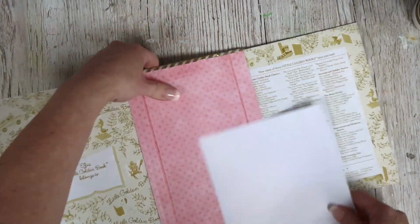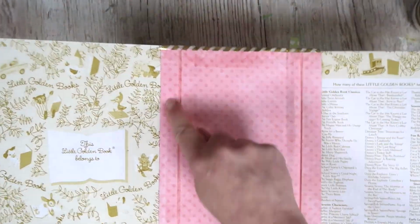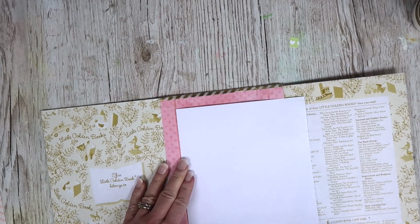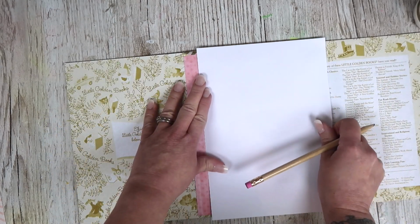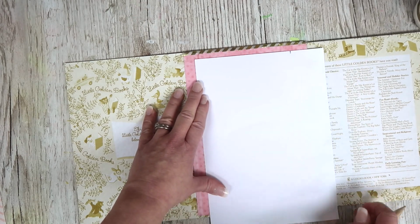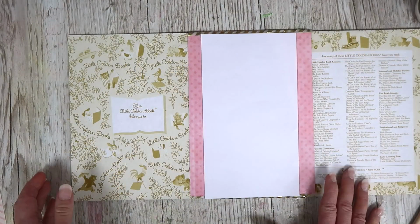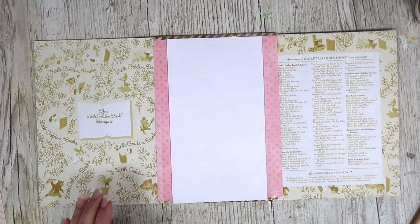So let's move this out the way. And I want to be able to see exactly where my spine is. So my spine is where these two lines are. And we are going to cut this to size. I want this to be the same size as my spine. So let's take a little bit off the end as well. So no matter how small or large yours is, you just want a piece of scrap paper that's the same